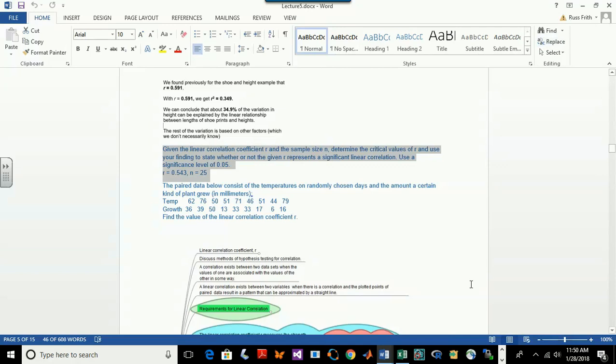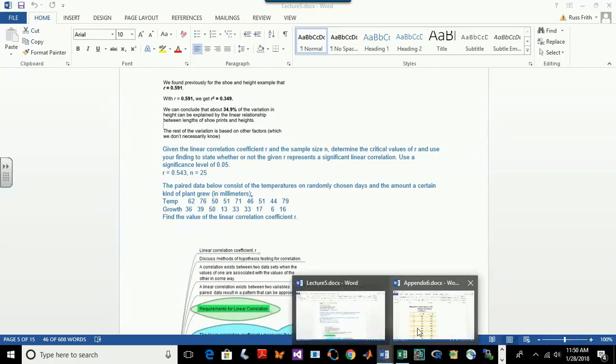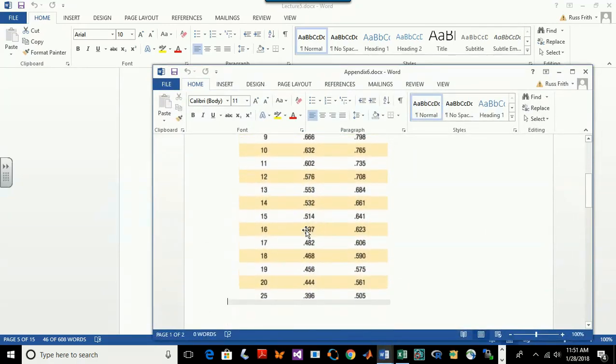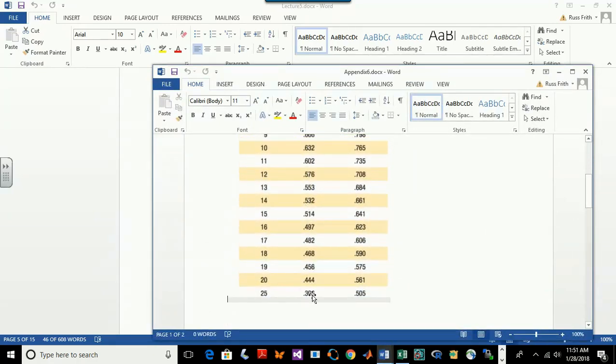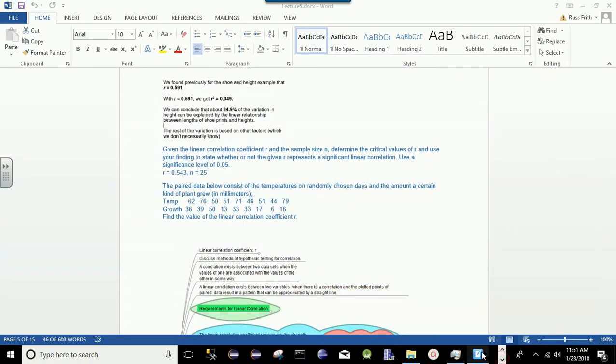Okay, so use table A6. Alpha 0.05, n is 25. And so the critical R value is plus or minus 0.396. All right, so then what we do is we write down